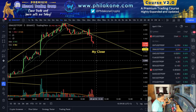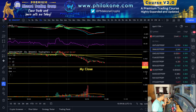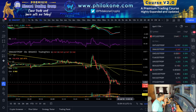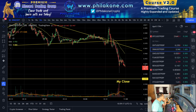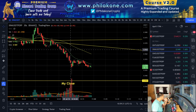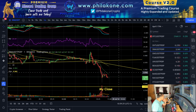So here we go. There we go. See that huge momentum? Look at the 30-second candle. You can see it as well. Even though it's curving up like that, I don't think it's going to get it. It's going to go one more down. The volume is really low. You can tell the volume is low because of the way the price action is. These tiny little wicks and tiny movements like that just say to me it's...